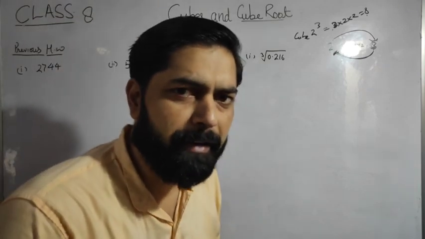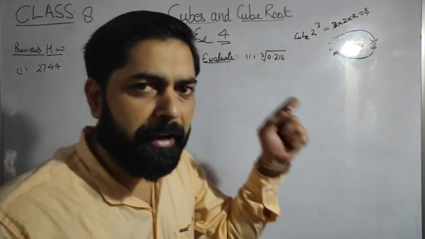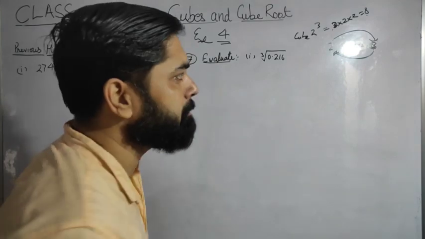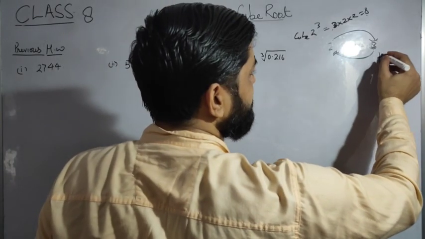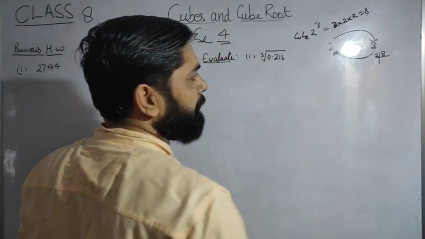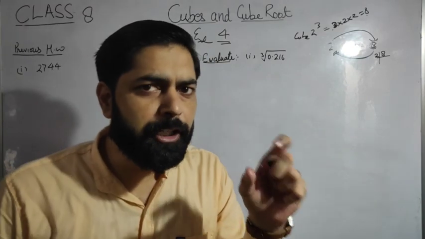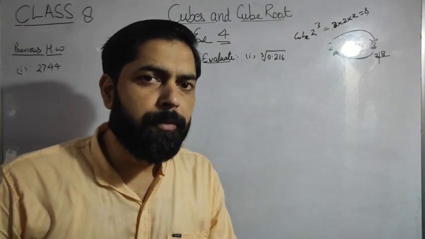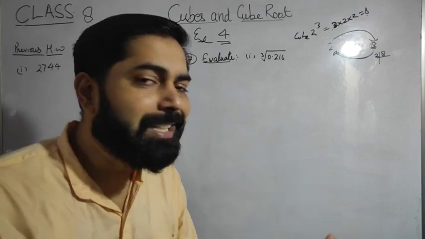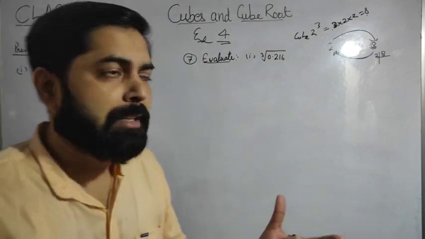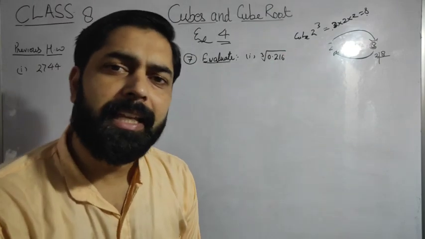And by which method do we find the cube root? By the prime factorization method. In this method, we find the prime factors of 8, then we make groups of triples, that is, groups of 3 like factors. Then we can find the cube root of any number.